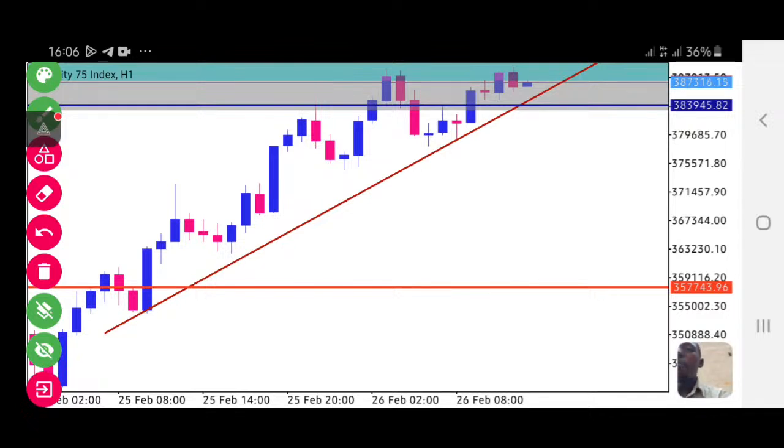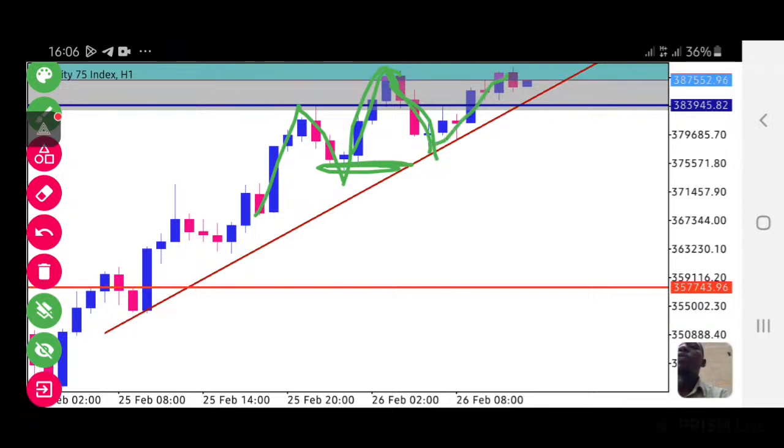So pay strong attention, guys. We can see that the market tapped in the first leg and then comes out. Are you getting the point? It has failed to break here, but as soon as possible, I hope it will break. Do you see? This was a high. It formed a high low, came forming a new high, tapped into our sniper zone, came and formed a new high low. It came again and formed another new high. It had failed, guys. So we see that the market is still struggling to break this previous new high.